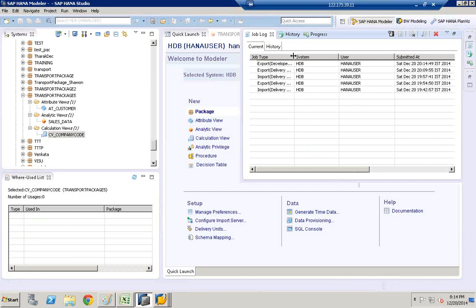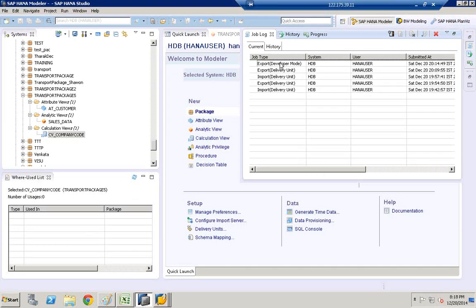So now we're trying to export using a developer mode. Now these are individual objects. We're not actually using a transport. We're not using a package. So once you export now,